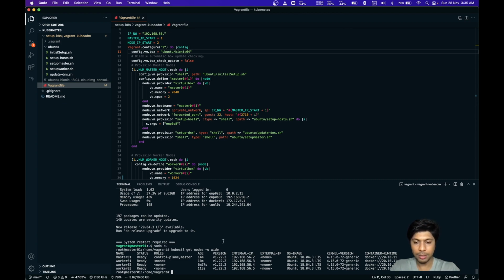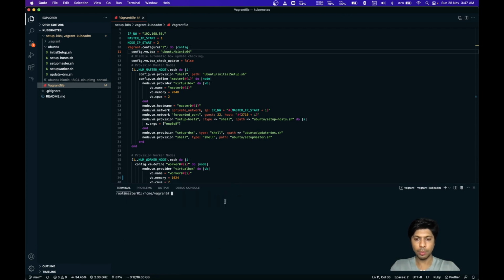Now let's create a small deployment to validate if the pods are running well. We'll be creating a deployment definition file for Nginx deployment, and we'll be running a 3 pod deployment. For that, let's create the deployment definition file. kubectl create deploy nginx --image=nginx.